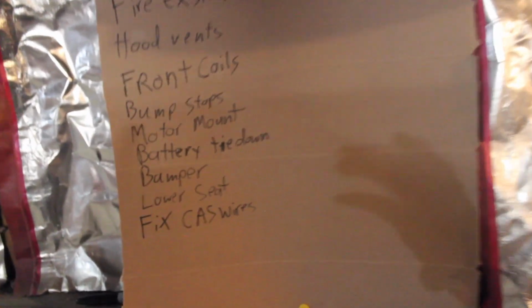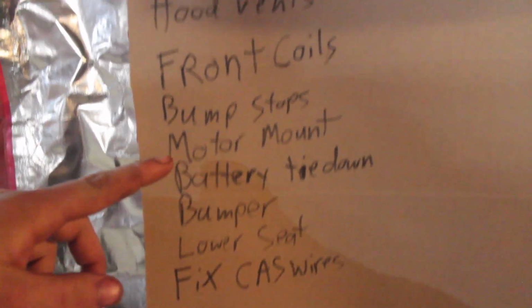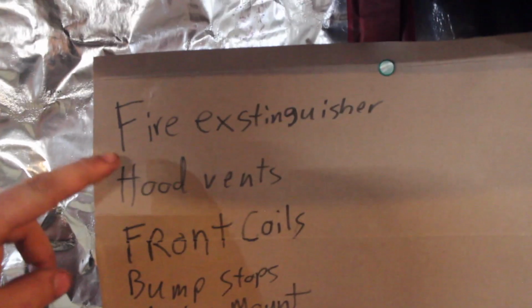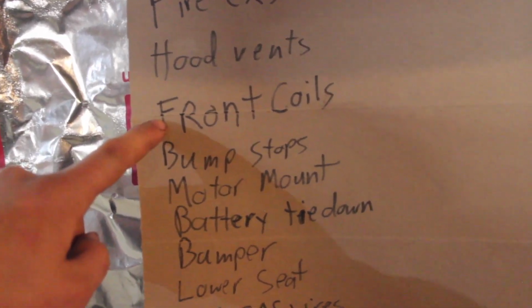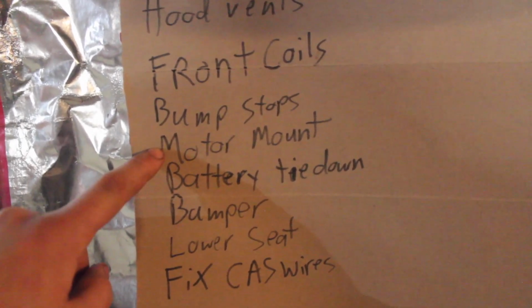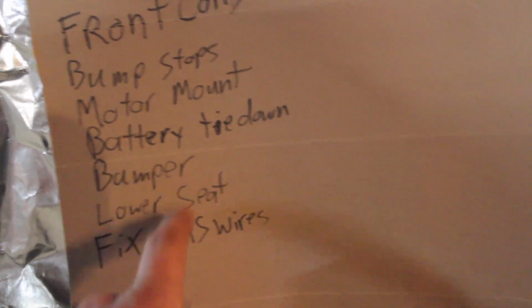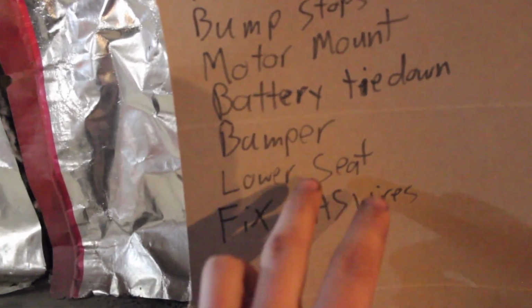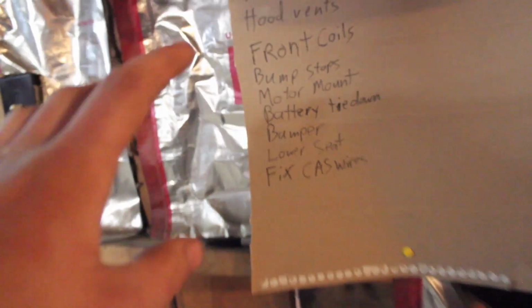I can do most of this today. I can fix the wires. I'm gonna do the bumper, bump stops, and the fire extinguisher. And then we have to do the hood vents, get in the front coils tomorrow. The motor mount, I have to buy that still, and the battery tie down. And then this is, if I want to lower the driver's seat a little bit, but if I can't, it's no big deal. So that's not a priority, but everything else up there needs to get done before